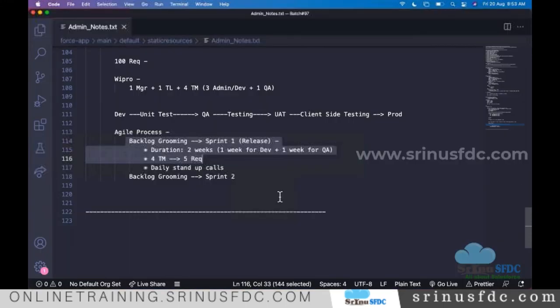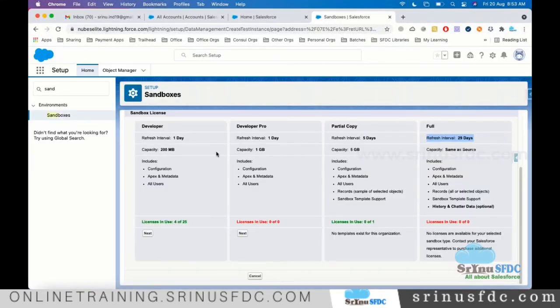So here I'm saying we create dev and QA and UAT. For dev, which type do we choose? It's not limited to choose only a particular type. It's all based on the client licenses, which licenses they have, and based on the client. So in most of the projects, you see creating the dev sandbox by choosing either developer or developer pro. Okay, mostly dev sandboxes will be created with the developer or developer pro.